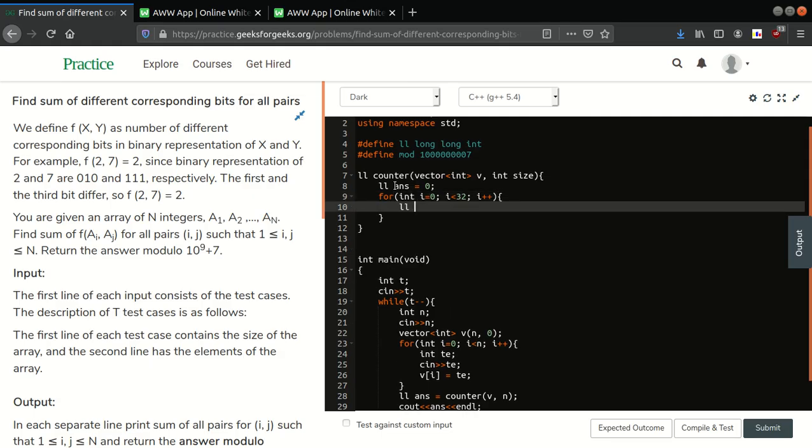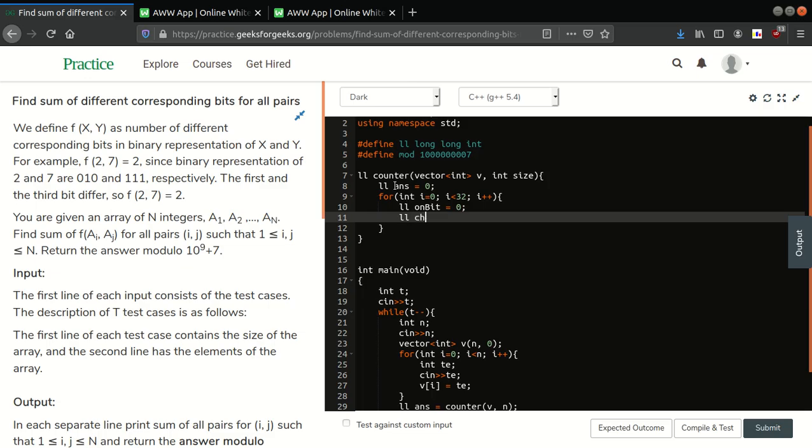Then we'll have a variable onbit in which we'll store the number of on bits, and we'll check the bit. So what is this? This is basically left shift of 1 by i times, and this is also equal to 1 multiplied by the power of 2 i times.